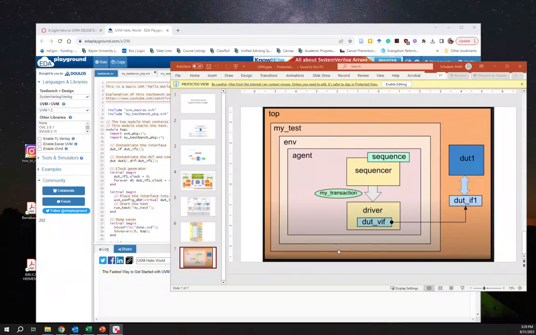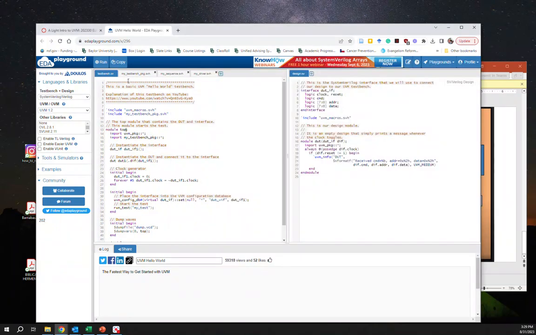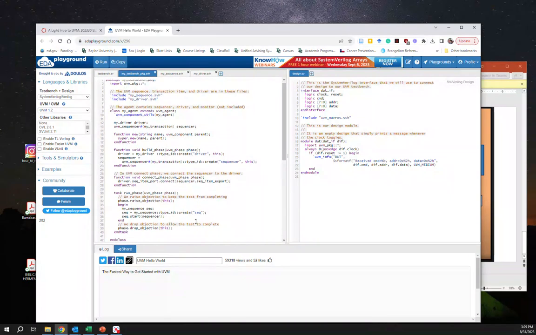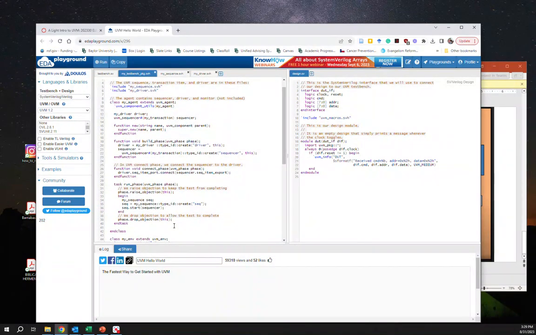We had already talked through all of these, but just as a reminder, here is our setup, right? So at the top, we've been walking through my test, but we'd already talked about how to build each one of these. All of this is basically set up besides the object creation in this my test package. So we had already walked through the agent, right? That's on these. So I believe we had just done setting up the driver sequence item,